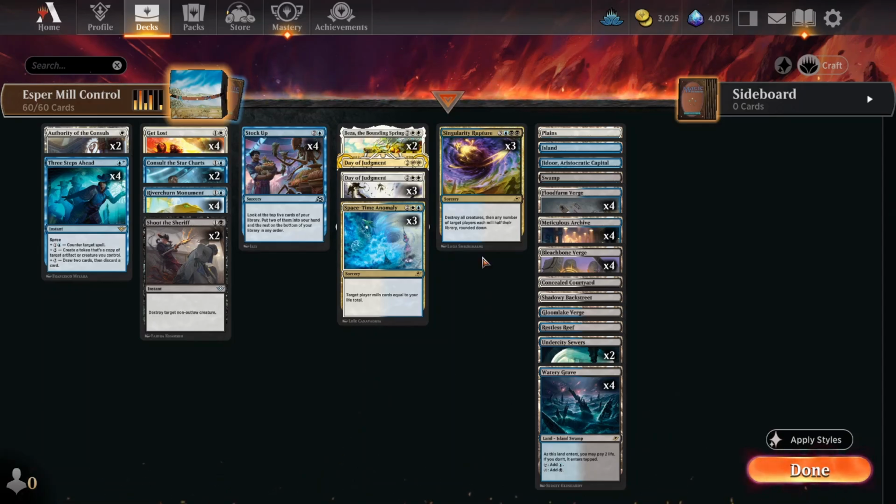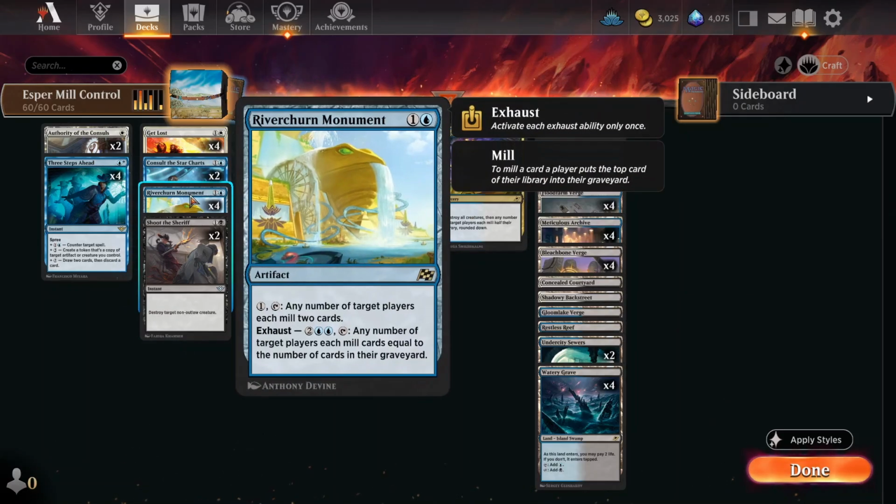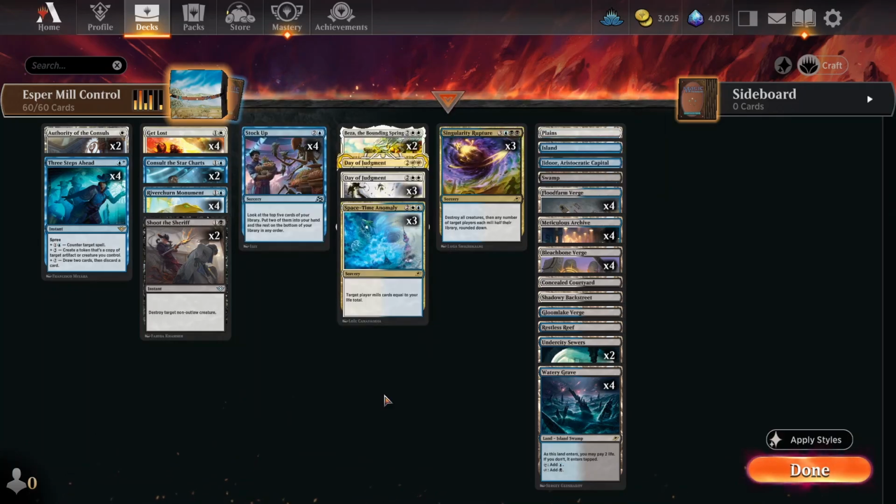Then, once you can get up to your 6th land, you have your win conditions here. You'll be able to sweep the board, get rid of half their deck. The next turn, you can follow up with a Riverchurn Monument if you have 6 land, and it's basically an auto win with the exhaust if they can't counter it. So it's huge. It's fun to play, and the key thing to watch out for is those aggro decks